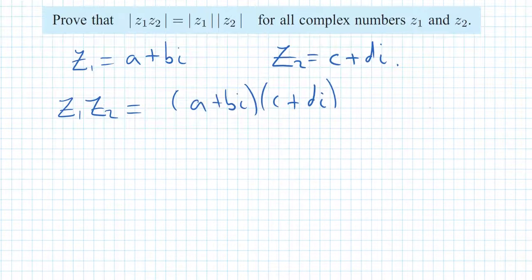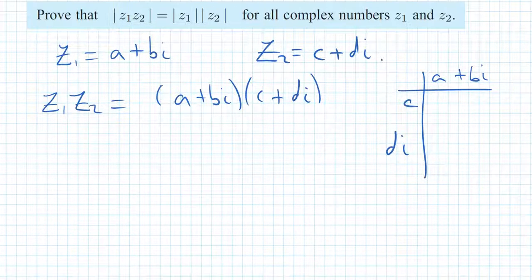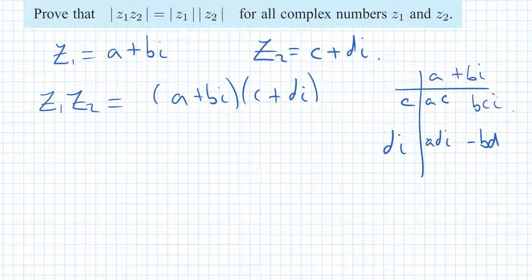Now, again, I'm going to write it all out, I think, just so you can see every part of this. And I'm sorry if you can easily do this at this stage. So what we're going to have is an AC, a BCi, and an ADi, and we're going to have a minus BD. So that was a BCi there. Okay, so therefore, our modulus of